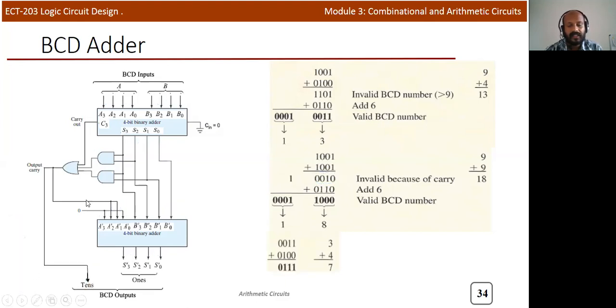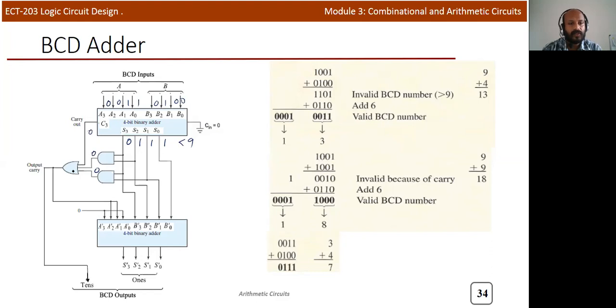In the first addition itself, we are getting a valid number. Here it is 0, 0, 1, 1, and here it is 0, 1, 0, 0. After addition, you can see that it's 0, 1, 1, 1, which is equal to 7, which is less than 9. So this output is equal to 0, and this output is equal to 0.